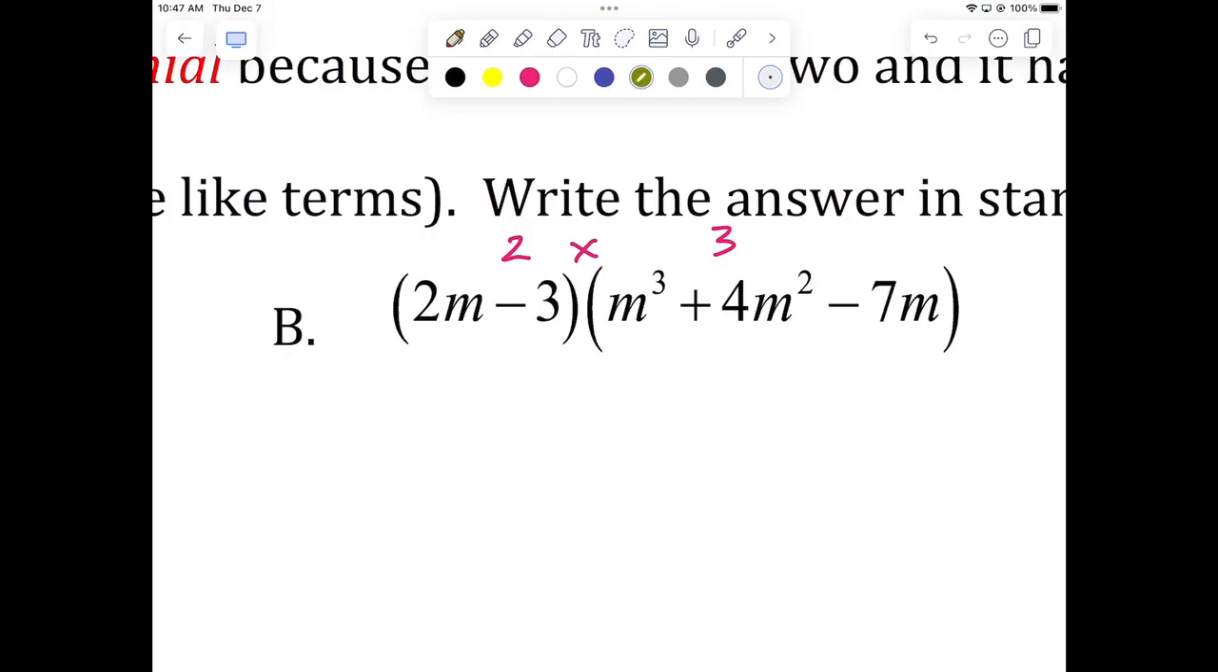Maybe. I've never tried that. Not on this type of problem. Let's see if distributing works. I think it will. We'll start with the 2m, and we'll distribute it to all 3 of those other terms